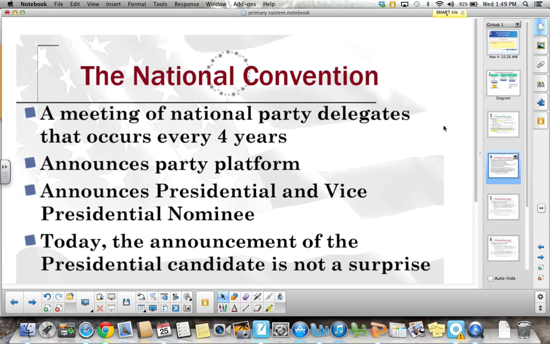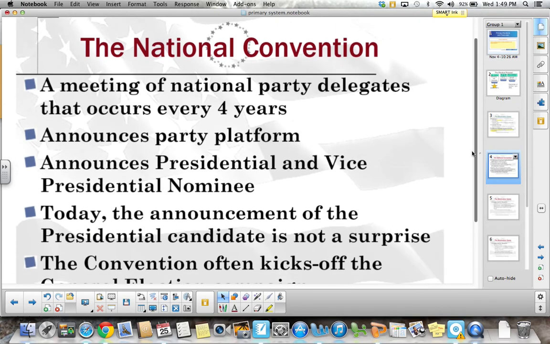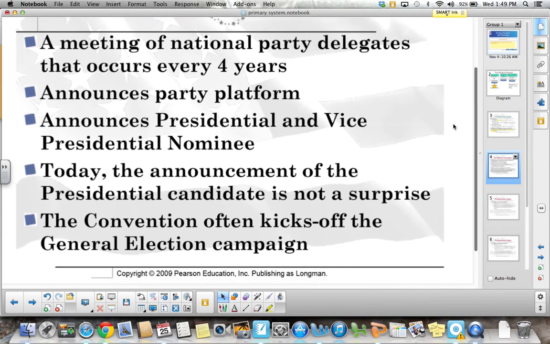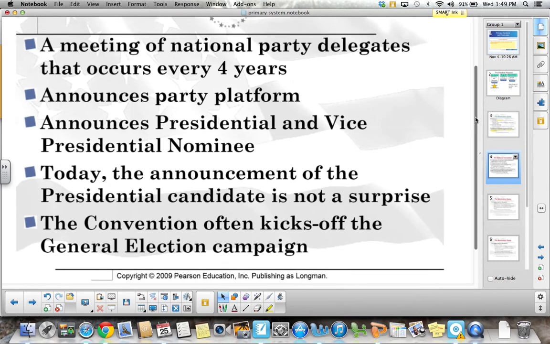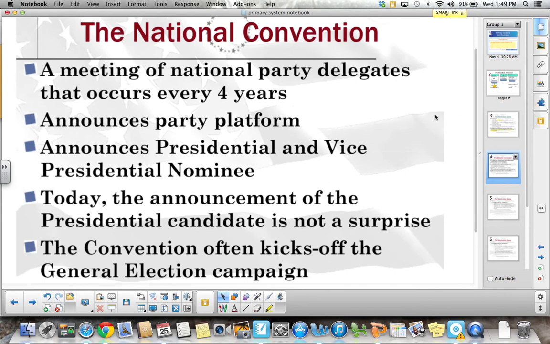The National Convention, which happens every 4 years, only happens on presidential election years. It's a meeting of national party delegates. These are actually people that represent the parties, the party members from every state. Every 4 years they get together, and they announce their party platform, which is the goals that political party has for